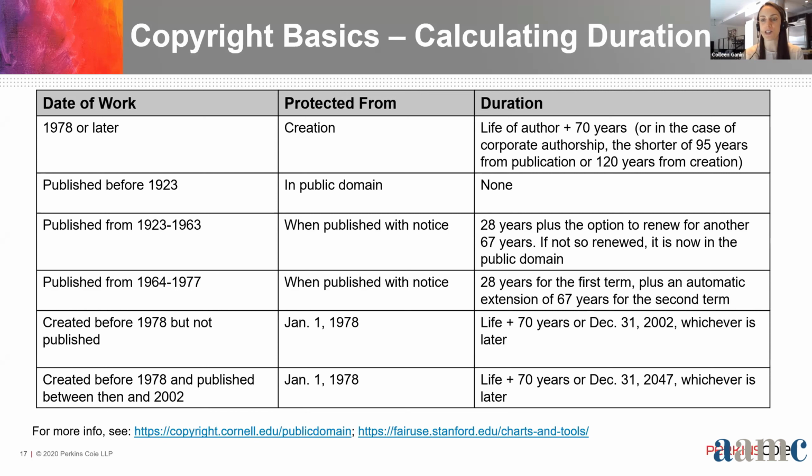Just as an aside, this is actually a simplified summary of the copyright duration calculation process in the United States. The reason why it's so complex is because several pieces of legislation have been passed over the years to extend copyright protection for older works, which has added layers of increased complexity to the copyright duration scheme in the US.